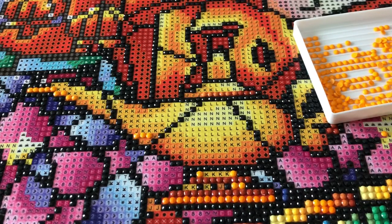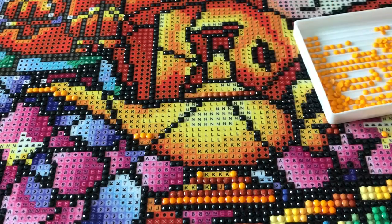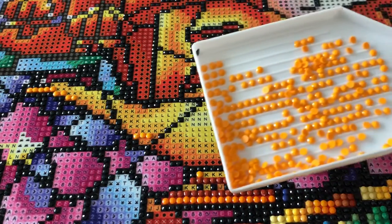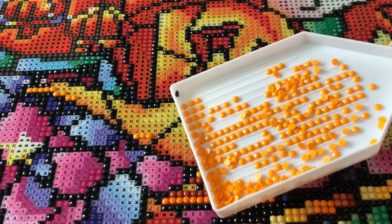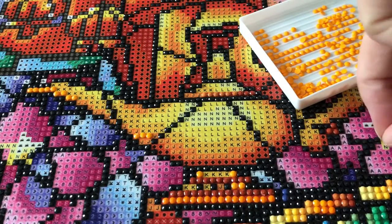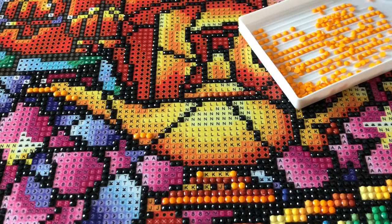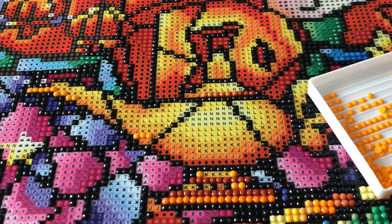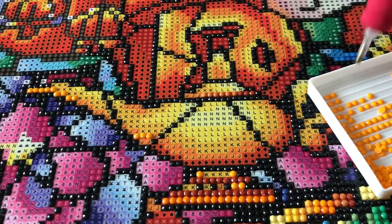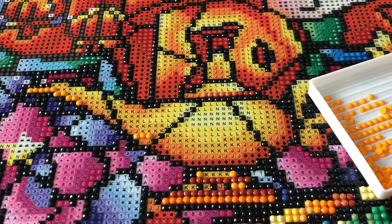it's been a week. I just actually started working on Jay, and I didn't show you any of the stuff. So Jay is 741, and it's a lighter orange. Not quite pumpkin, but definitely light orange. It's hard to tell how light it is because that sparkle is so nice, but it is a lighter orange than the other one that we looked at. It was one of those days or weeks where you're like, my goodness, what else is going to happen? And we came through, we pulled out of it, and I'm happy to say I'm back with my drill with me today. I did get a lot of the black outline done,